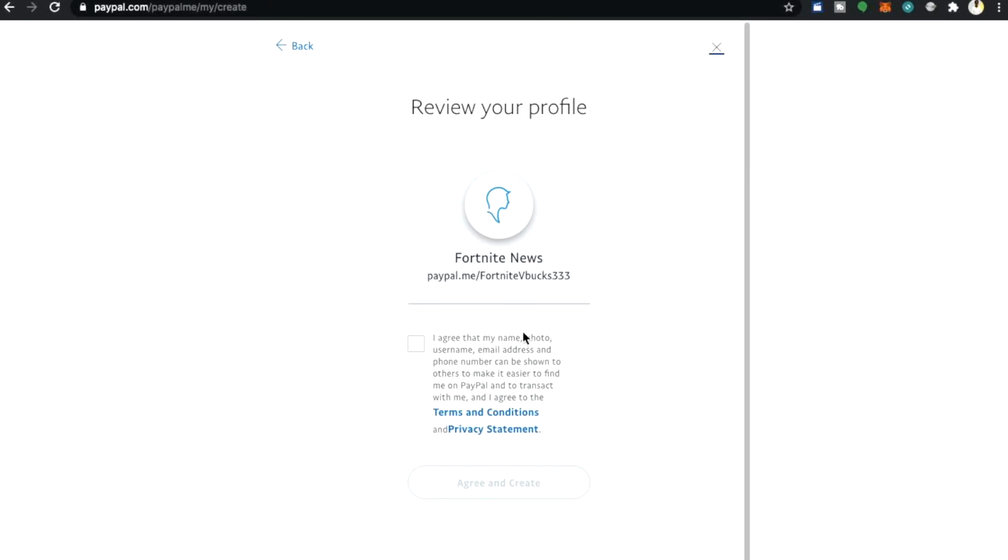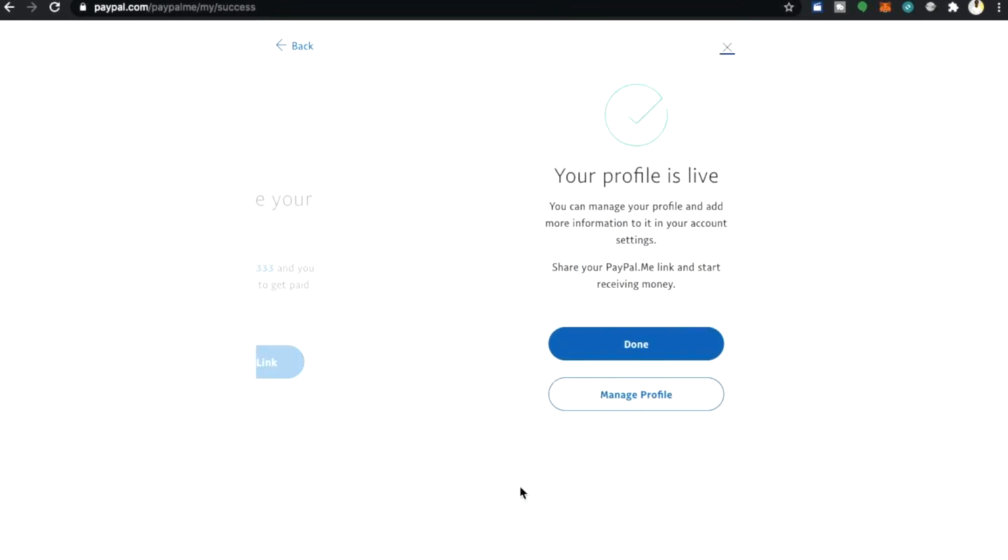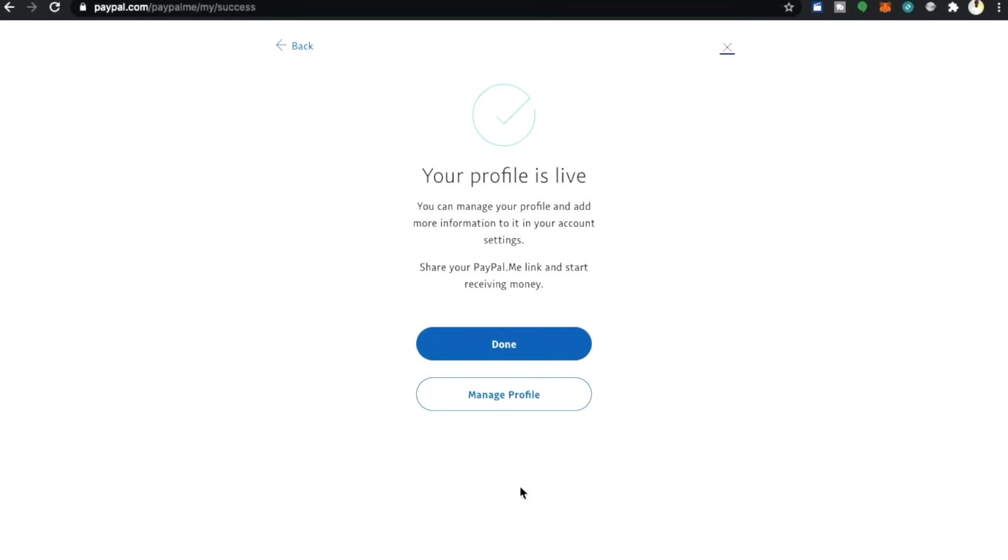Review your profile and accept the terms and conditions. Basically, just make sure that you're not committing a type of fraud against the person. You want to make sure that you're collecting your money legitimately. Once you agree to those terms, you can select yes and then agree to create. Your profile is live. You've now created a PayPal me link, and using the link that you have just created,